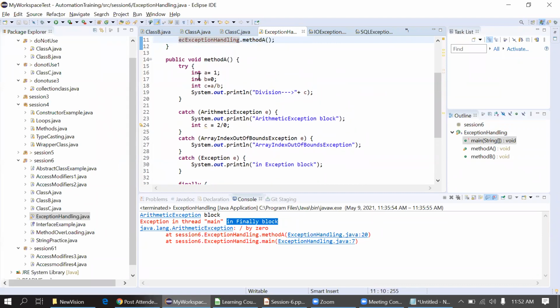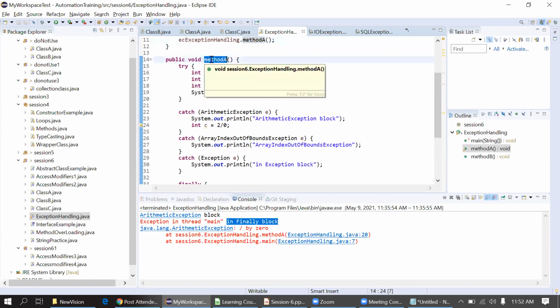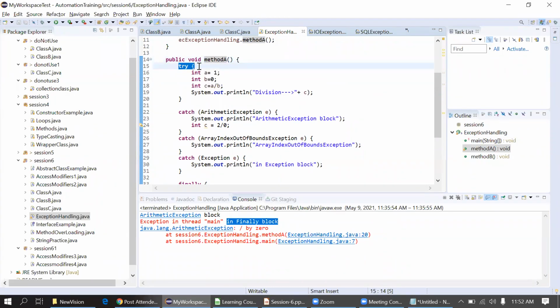Now, actually, I have suggested if you are extending this method to another class, what will happen? It will just look for the exception there as well. But if you are using try catch, it will not ask for any exception handling there while calling.